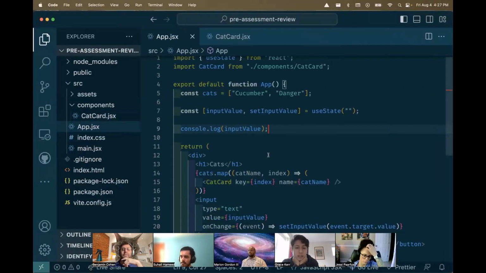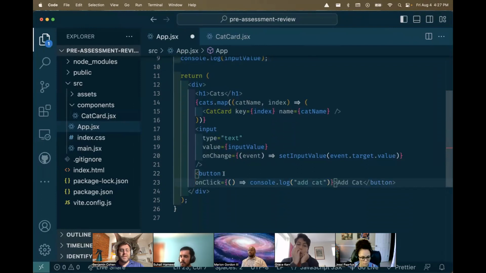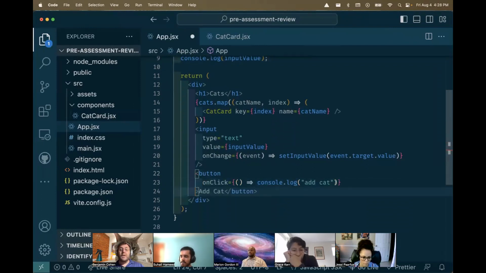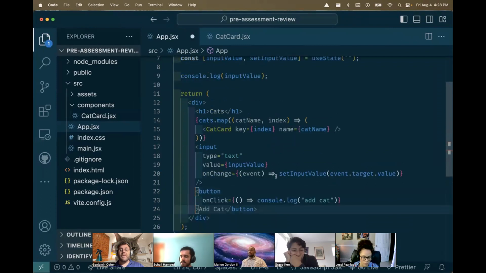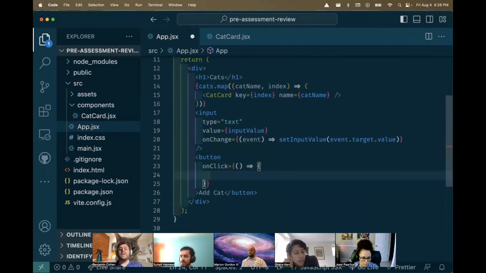So how might I do that? Coming back here, I'm going to say, okay, maybe I'll make this a little simpler for myself. I'll put it on another line. Something like this. Doesn't like that. Actually, I know I'm going to have more than one thing in here, so I'll open it up with brackets. Something like this. And I'm going to say, okay, the first thing I want to do when someone clicks this